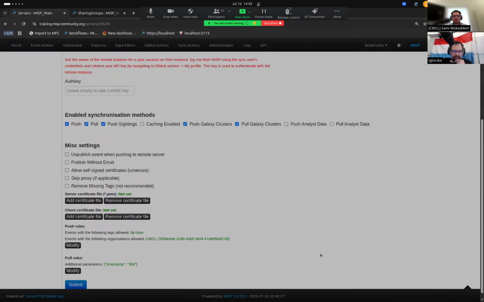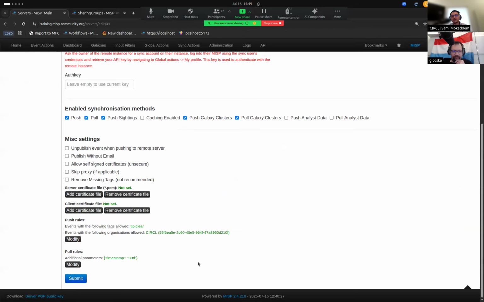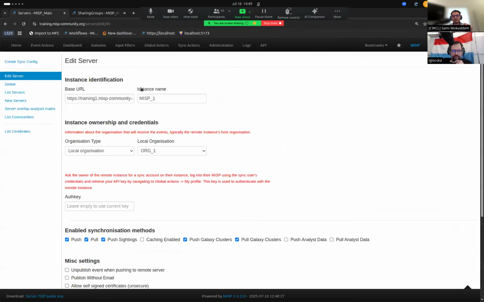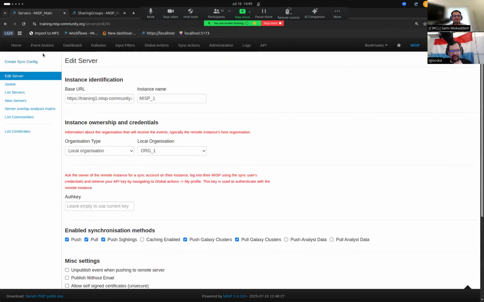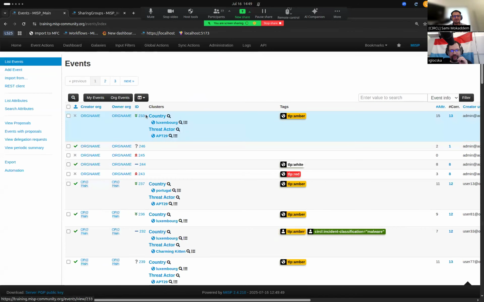And if I save it like this, whenever we try to pull data from MISP1, it will only fetch content that has been modified from 30 days ago until now. Yeah, maybe a good moment to stop here for a moment to talk about timestamps, because this can be very confusing when you first set up a sync connection. There are actually multiple different